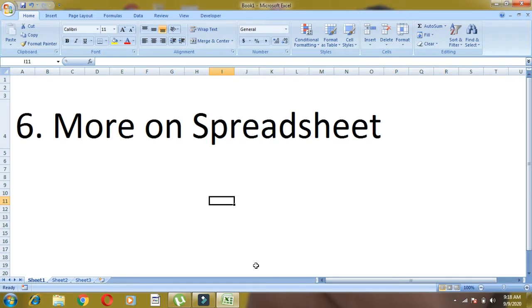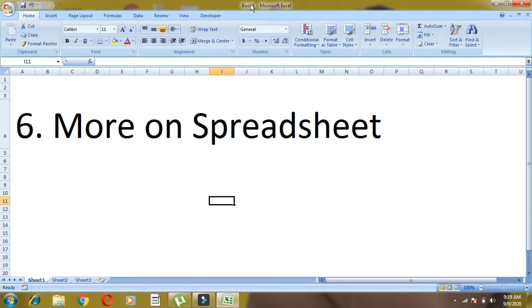Children, let me tell you a few terms in Microsoft Excel, like workbook. When you open Excel, you will find "Book 1" written at the top. That means this is a workbook. A file in Microsoft Excel is called a workbook. If you create another one, it will be Book 2, Book 3 by default. You can change the name by saving it, and the extension of a workbook is .xlsx.